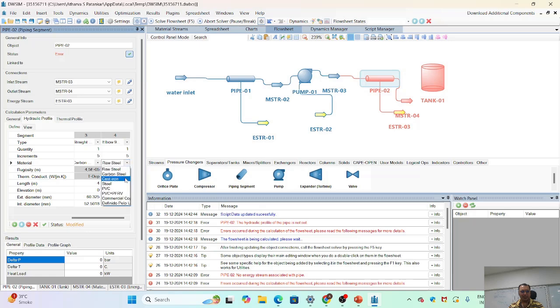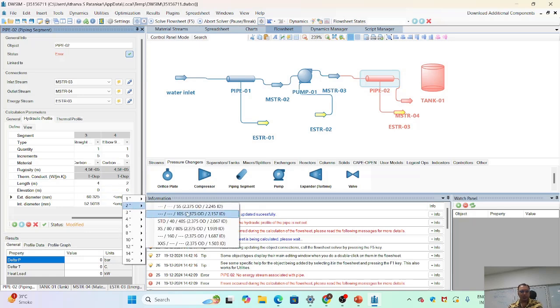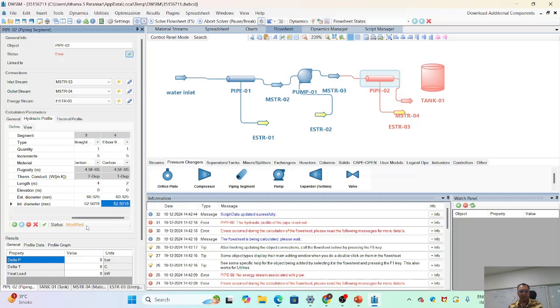Select the material again, that is a carbon steel. Then select length 2 meter, 0 elevation, and external diameter is again 2-inch schedule 40. Press enter, select this apply changes button, again press